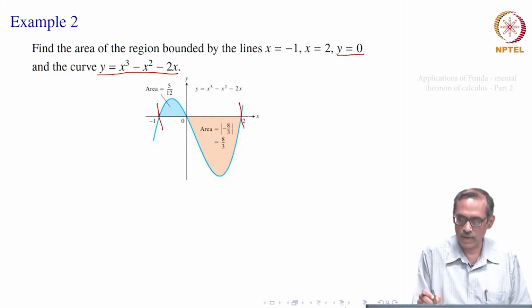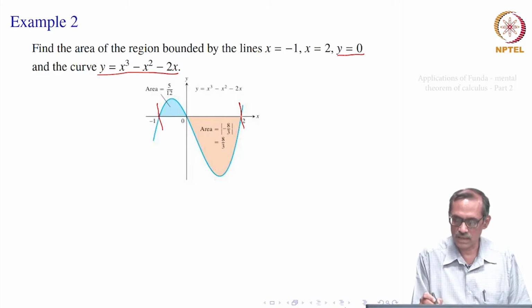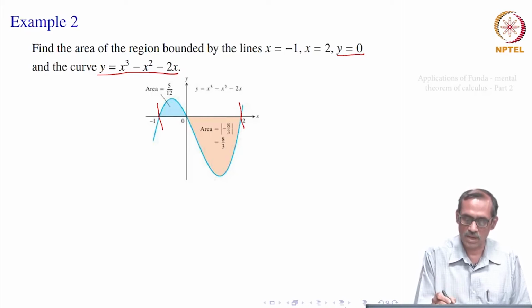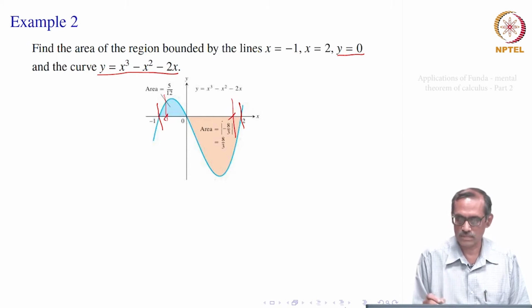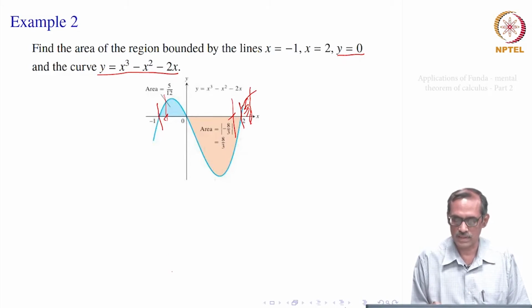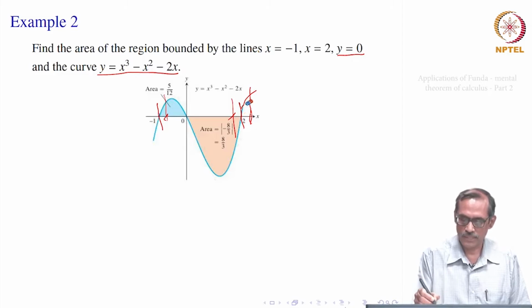So, these are the points where the curve really crosses the x axis. That makes it easier, but even if it does not cross, it will be something like this, and you can take only the integral up to those portions, right. Or if it goes beyond 2, then you may have to take this area also into consideration. Okay. Now, this is our area to find out.